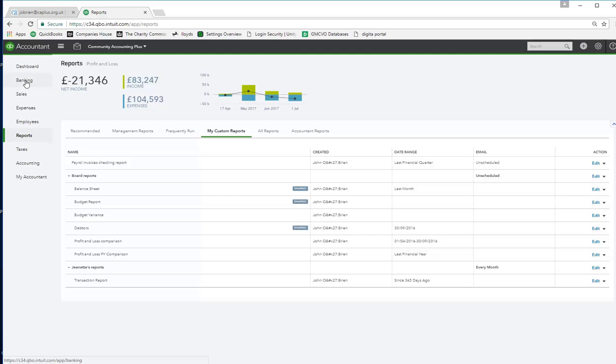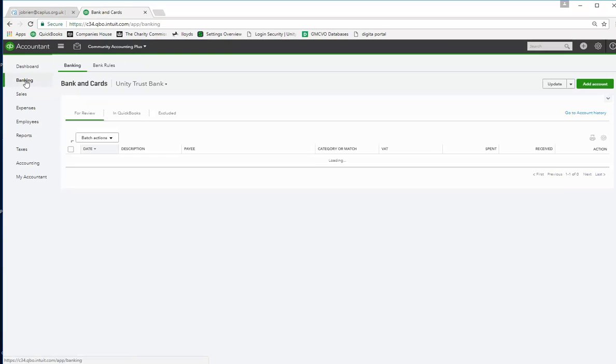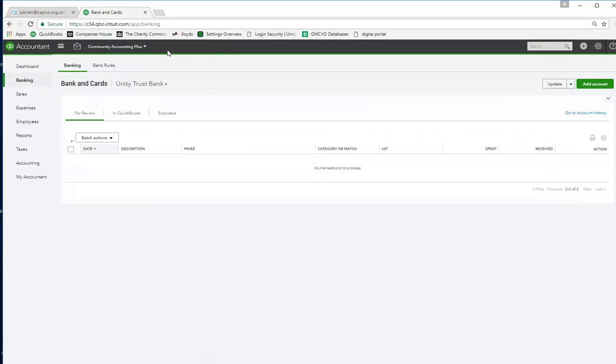Right, the last thing, because this is going on far too long for a demo, is I'm going to go to the banking area, and this is the really clever bit. In the banking area we have linked our program to our bank account, Unity Trust Bank, and I'm going to hope that there have been some transactions in the last few hours, because what we do is we raise invoices on our system, we might put in the petty cash, but that's about all the typing we do. We then go to our banking area like this and we click the word update over here, and this is where, if I'm lucky, I'm going to have some transactions, and if I'm not, you're just going to have to trust me, because what happens is, oh there we go,